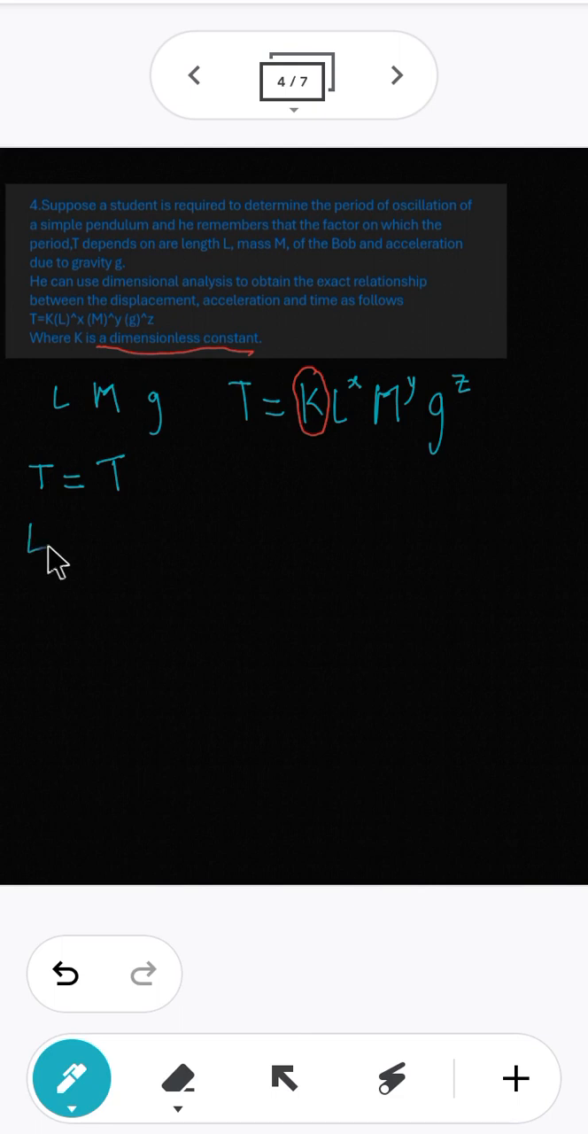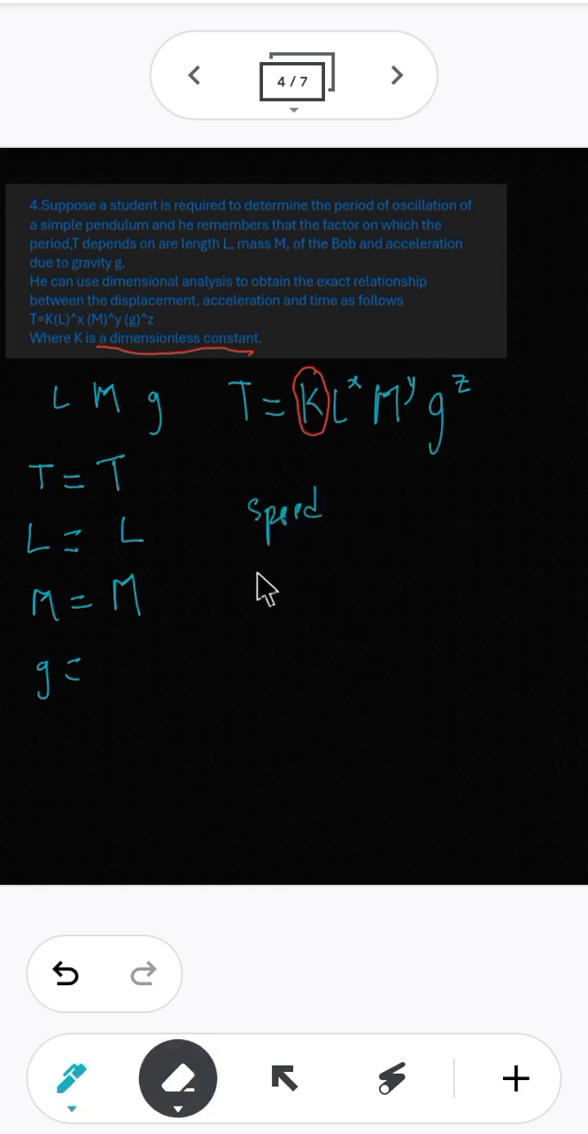So L is length, so obviously it is really simple. M is mass, same dimension. Then g is acceleration due to gravity. Now in dimension, you start hearing a lot of strings. They can tell you speed of light, speed of oscillation, blah blah blah. The only thing you need to pick out is speed. You understand? You don't need to remember any other thing or rack your head about any